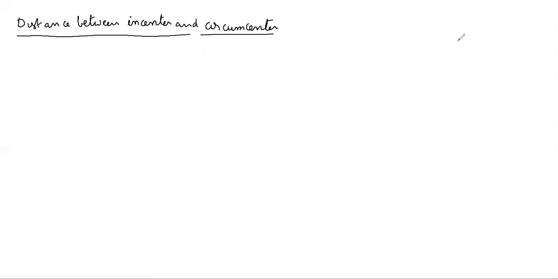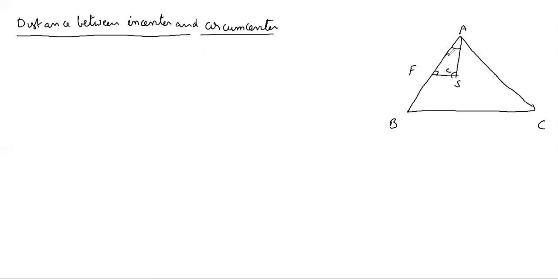So for this, consider triangle ABC. Then suppose this is the circumcenter, and from this, 90 degrees. So this is angle C. So 90 minus C. The circle, this is the angle A, center angle is 2A. So half A and A. By using the property, here this is angle C, opposite to C. This side also you will get C. So this is 90 minus C.